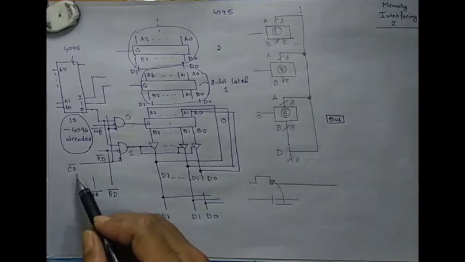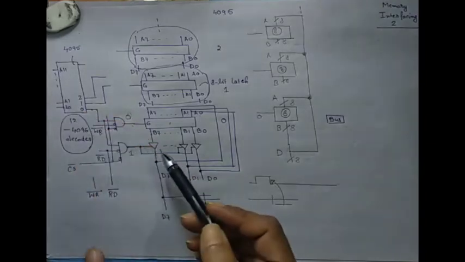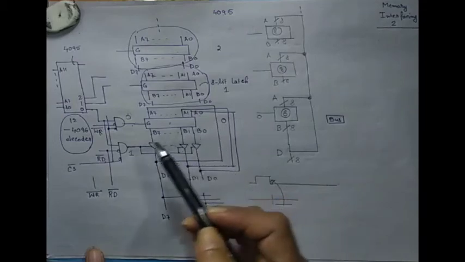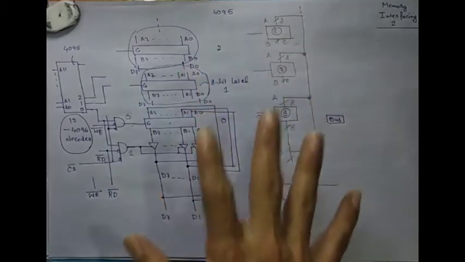If chip select is at logic 0, then the output of an AND gate will become 1 only depending on what address is present here, and so which output of the decoder is at logic 1, and whether read bar or write bar is at logic 0. So chip select as a whole will make this entire circuit disabled. Only when chip select is provided will the circuit function. The second thing which I want to mention is,